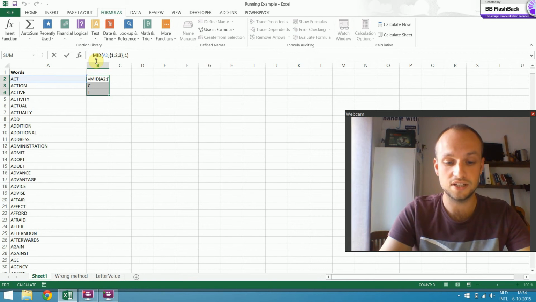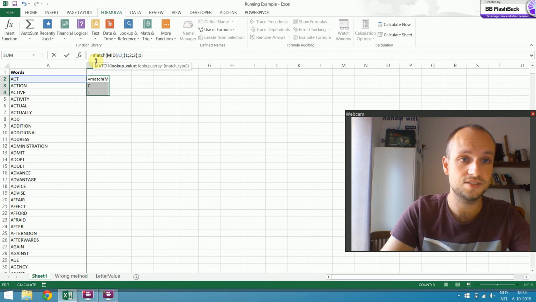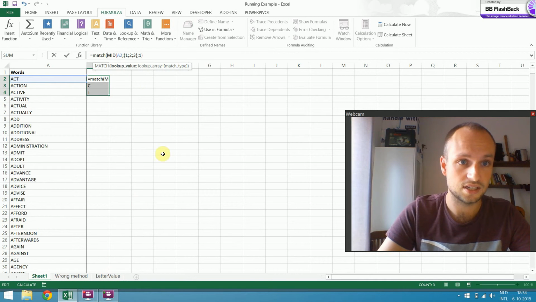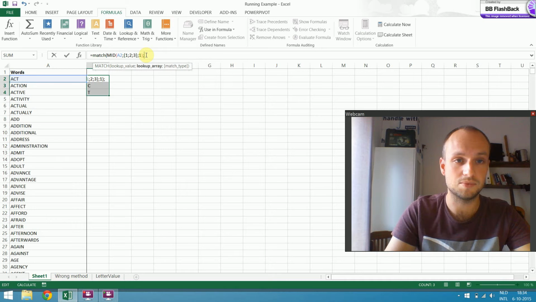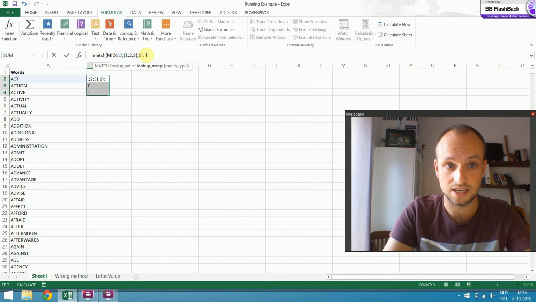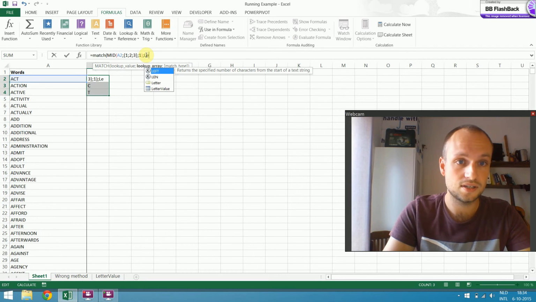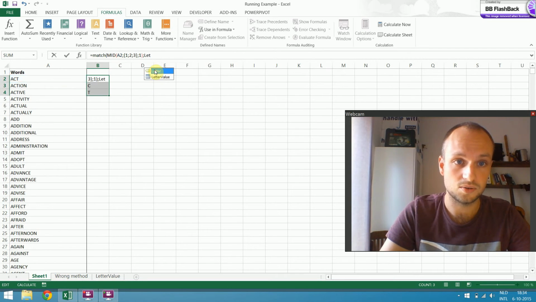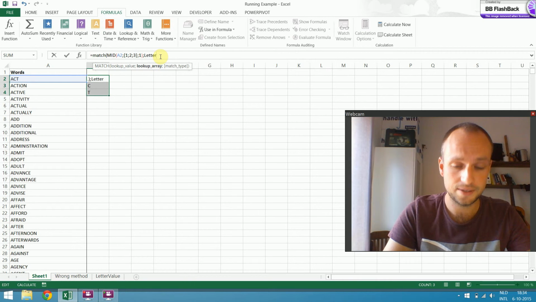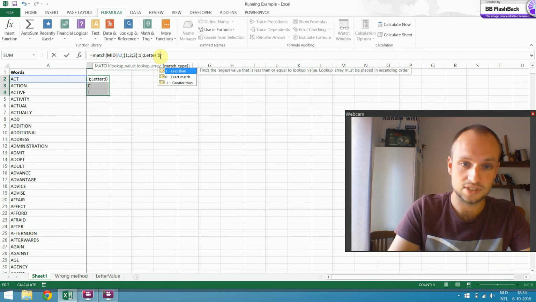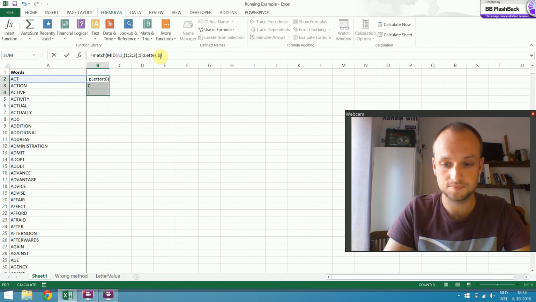Now I can put a value to it by using the match function. So these are the values that we want to look up, and we want to look them up in the letter array, which you saw before is the alphabet, and we want each time an exact match.